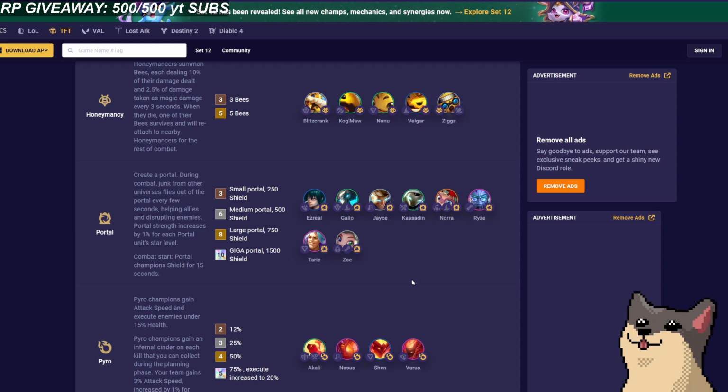It's kind of awkward because it's like an increase for each star level, but I feel like this is more of a tempo comp, right? Whenever you have something where you have like 2 4 costs and a 5 cost, I feel like it's a lot more beneficial to create some kind of flex level 8 board rather than do a reroll. Because I don't think 3 portal is really going to matter that much. I don't think a small portal